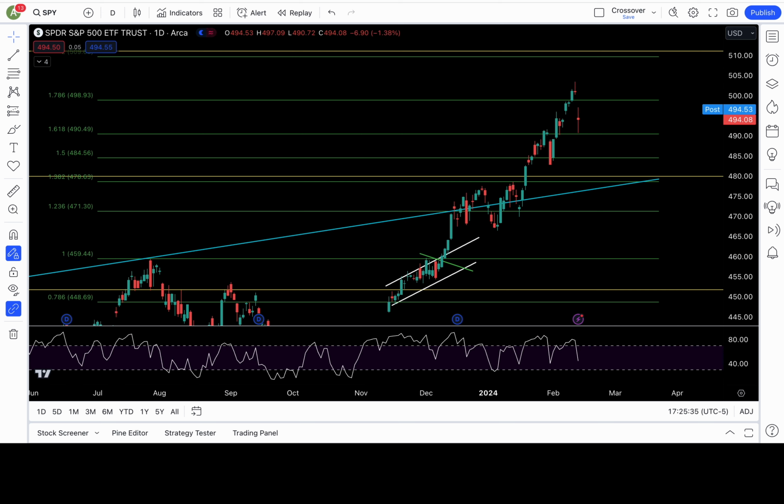But look at this daily chart here, guys. We had a gap down thanks to CPI, but where did we gap down to? We opened around 494.5-ish, and we went as low as 490.72, just a few cents short of my 1.618 fib level. So we got ourselves a situation here. We got a gap down looking like an exhaustion gap, but it also bounced off of a critical support level